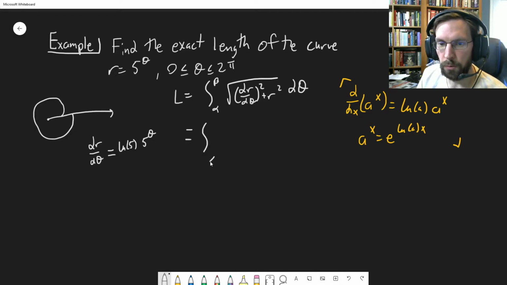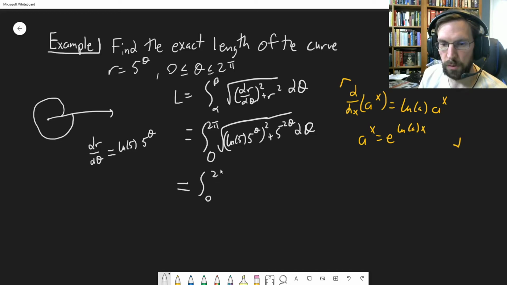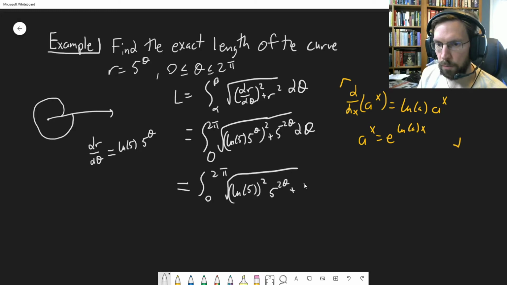Okay, so this is going to be the integral from 0, or alpha, our starting point, 0 to 2 pi, of the square root of dr d theta squared, so that would be natural log 5 times 5 to the theta, squared, plus r squared, so it'd be 5 to the 2 theta, d theta. So this should be the integral 0 to 2 pi. We can distribute the square across everything here. So this is going to be the square root of natural log 5 squared times 5 to the 2 theta plus 5 to the 2 theta